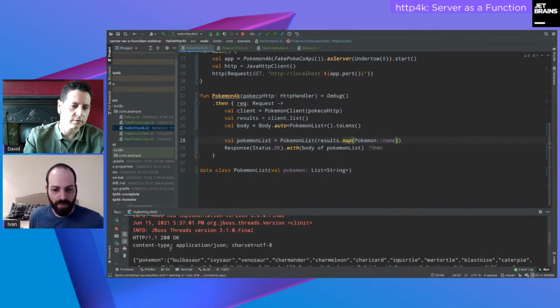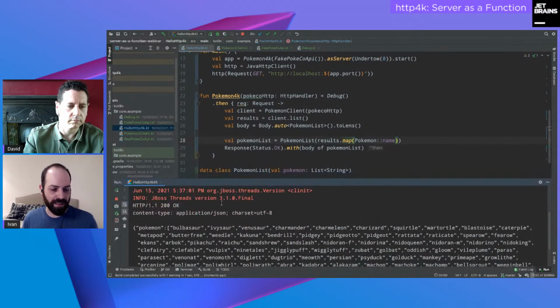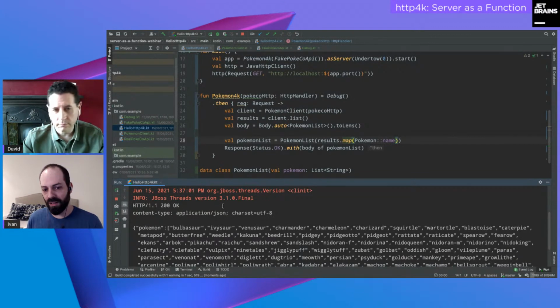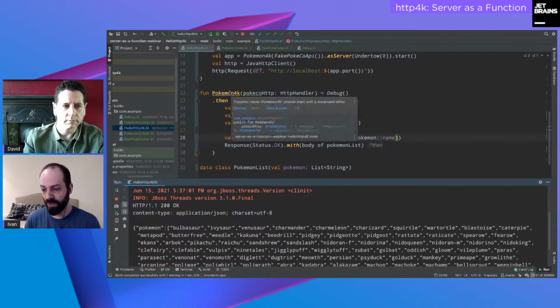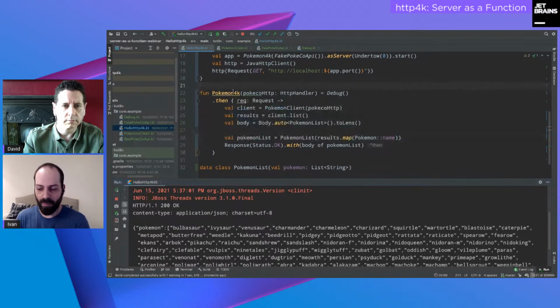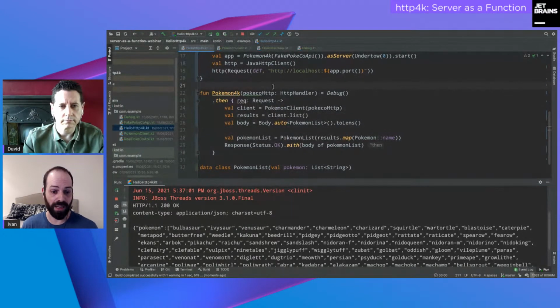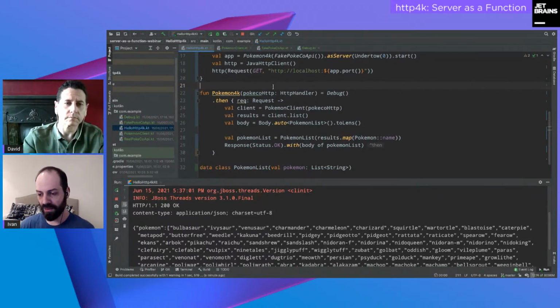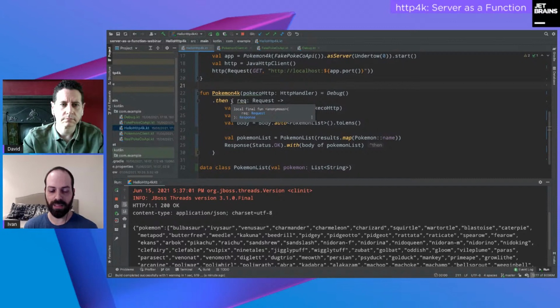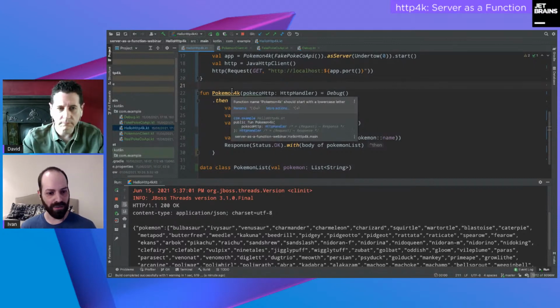Perfect. So now we own the format that our Pokemon 4k will return. If we want to apply any logic, or make it look in a different shape, we can just change the data class and things will automatically change. But what we really want is to add some functionality to Pokemon 4k: a way for clients to filter the Pokemon names and just get names that start with a particular prefix. For that, we need to add the concept of routing. We didn't talk about routing so far, and it is a key concept of HTTP4k,